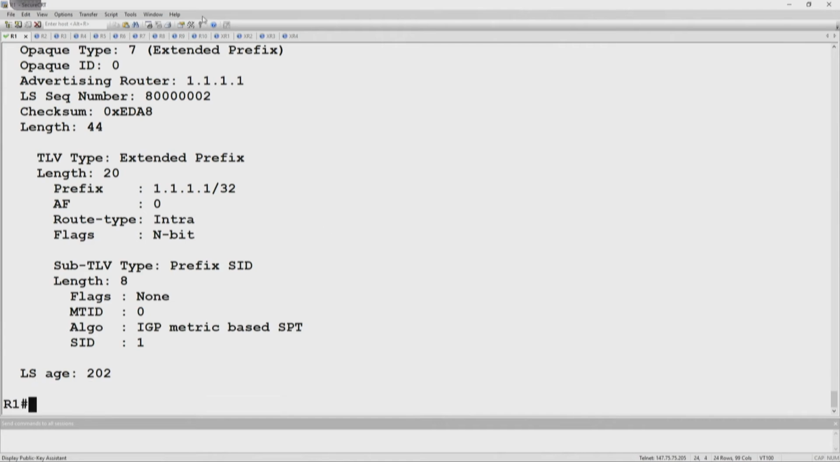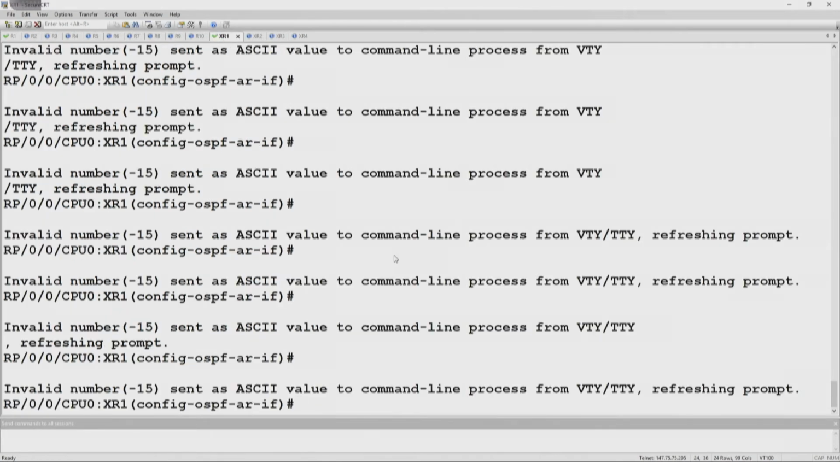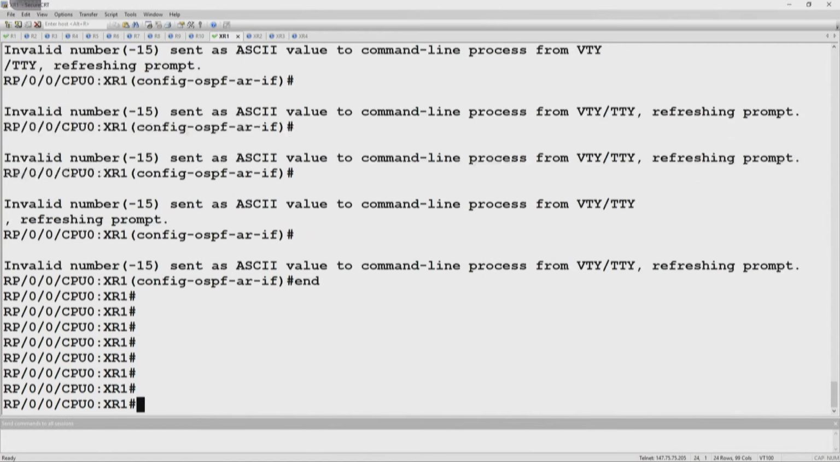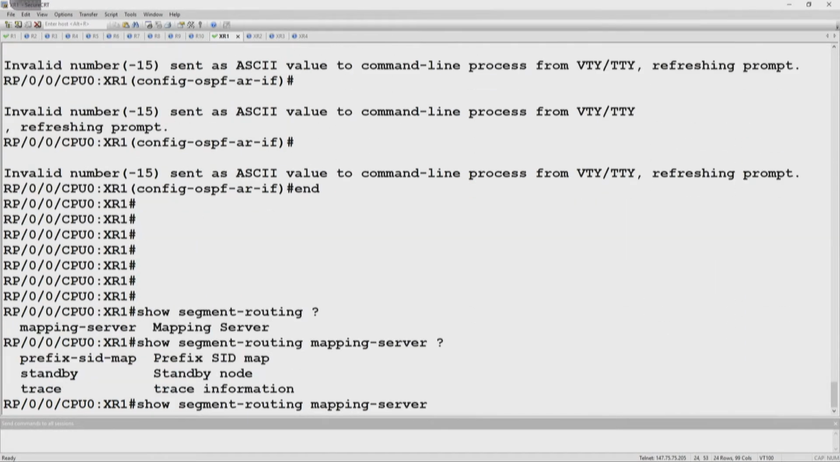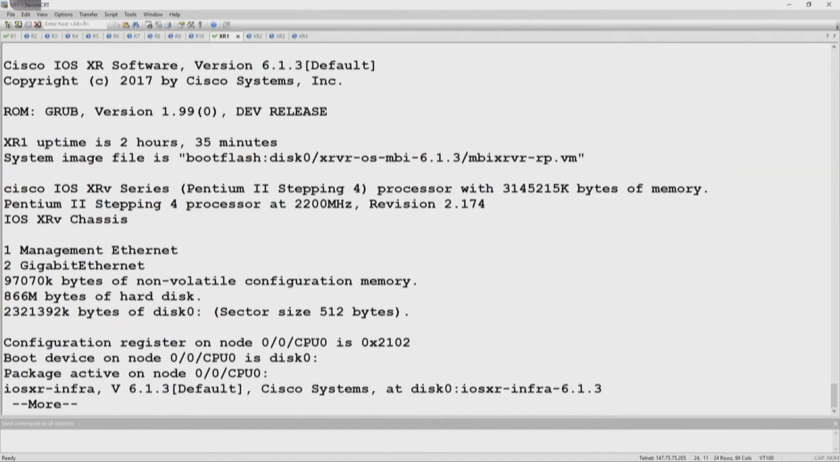Okay, unfortunately on IOS XR, there's not really as many verifications. If we show segment routing, there's only show segment routing mapping server. And this might be a version issue, maybe in 6.5 or something that's later than this. If we look at show version, this is 6.1.3. So your mileage may vary depending on what version you're running when you watch this video or when you